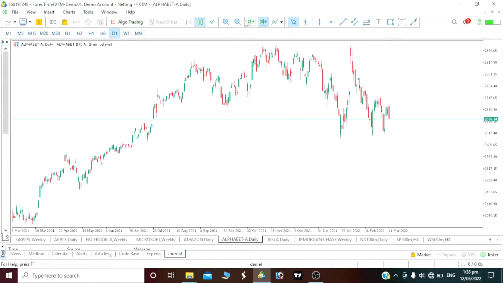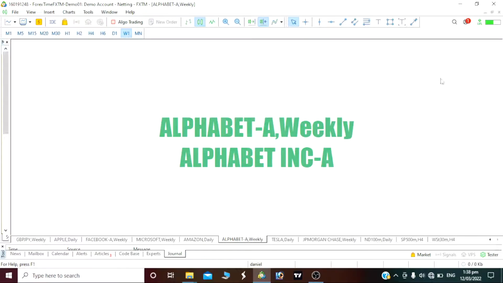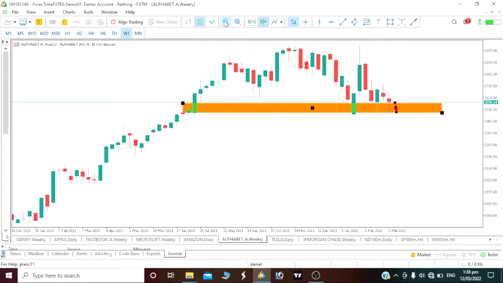Push up on our Alphabet, which is our Google. We should actually see some push down to this key area here before you actually can take our buy position. As you can see on our weekly time frame, our price will react here multiple times before we actually see the push down. So we should see a little bit of push down before you take our buy position. But before you take your buy position, I'll advise you take your buy position to this 2715 and wait for a multiple break of structure uptrend before you actually take your buy position.